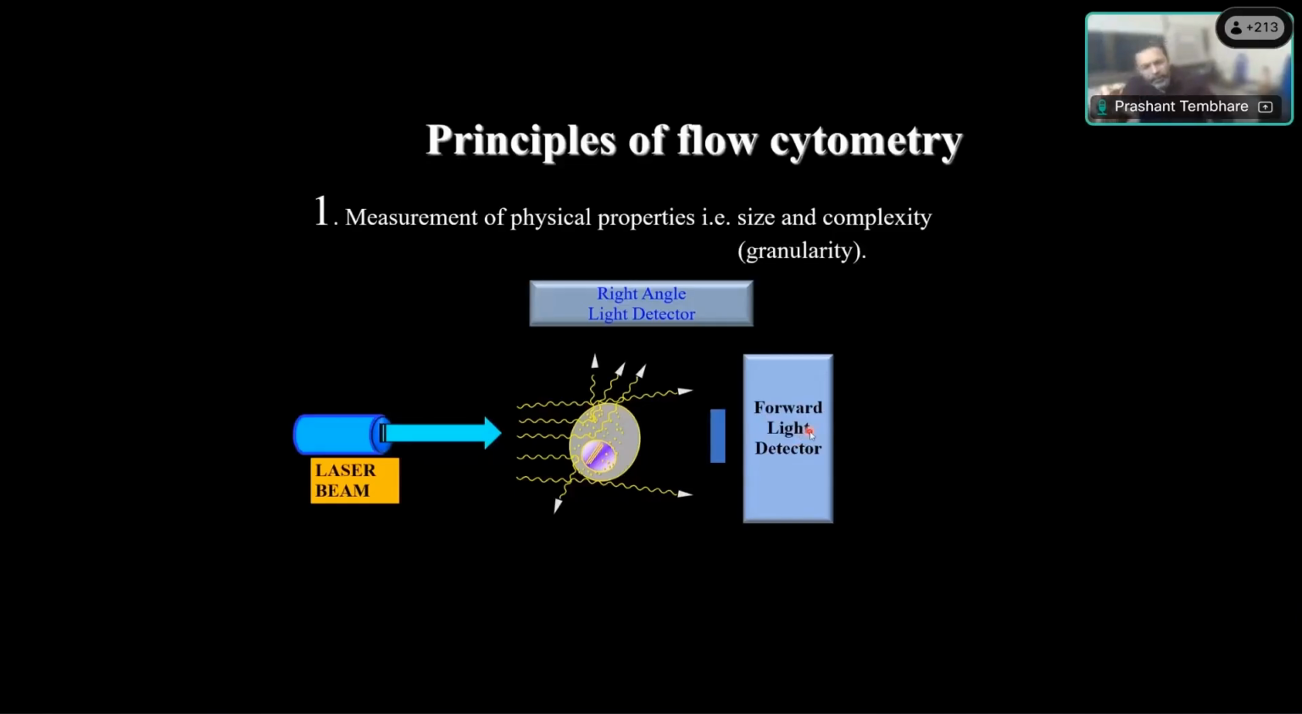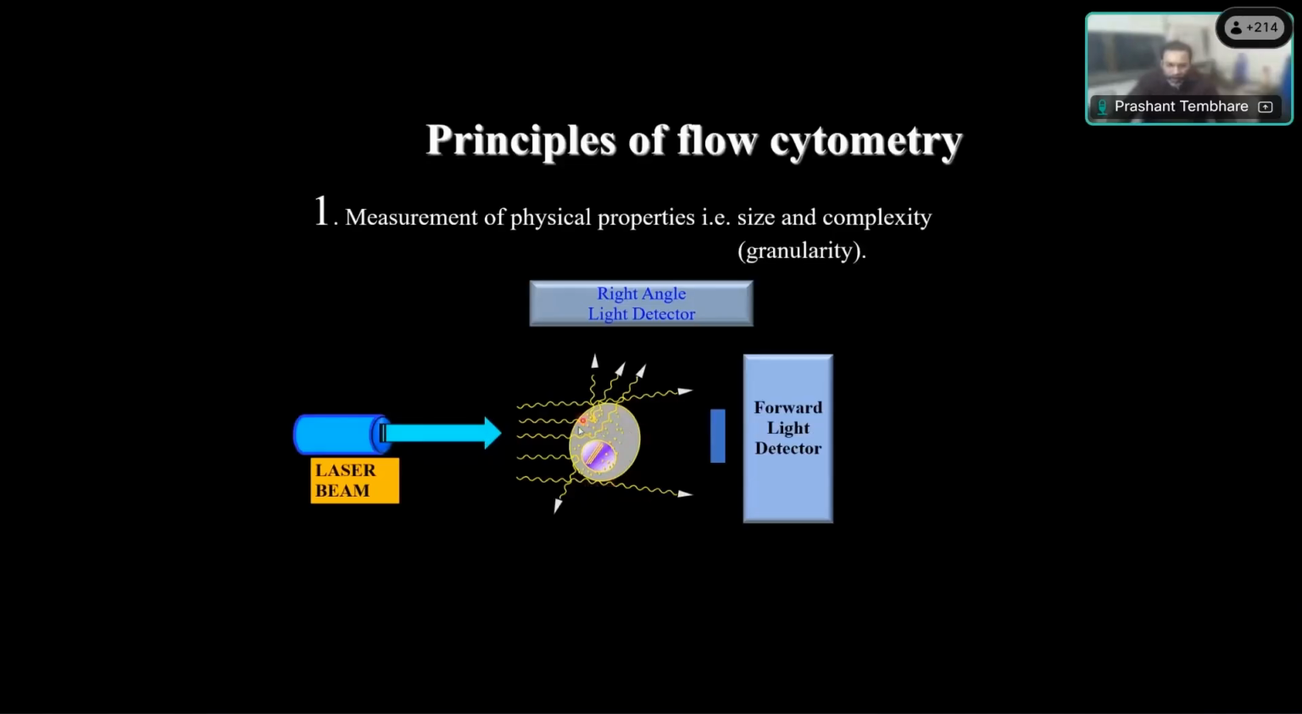The same principle is also used in laser-based cell counters. So that's how we differentiate small and large cells based on the forward light scatter. Now, at the same time, some of the rays of this laser also go inside the cell and hit the